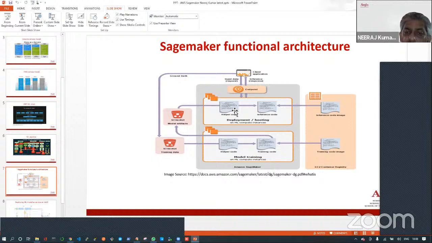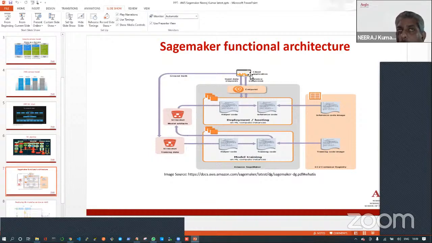And when you deploy your model, it creates another container, and then it pulls that model artifact into that container, and it runs that model there for the inferences. And then it also creates an endpoint. An endpoint is a serving point which is exposed to the external world or to the client applications.